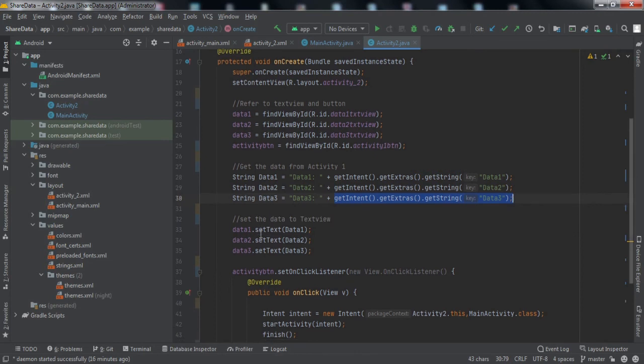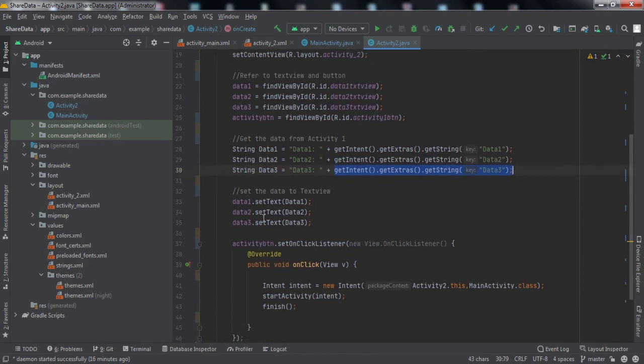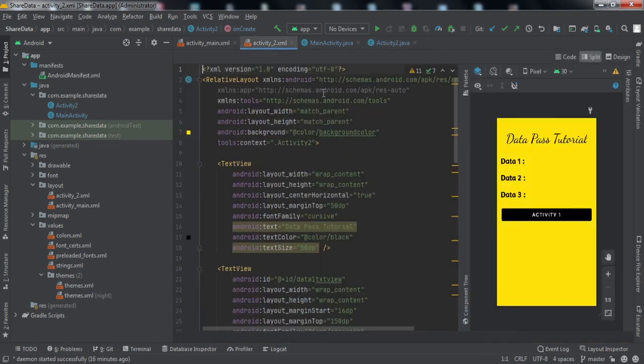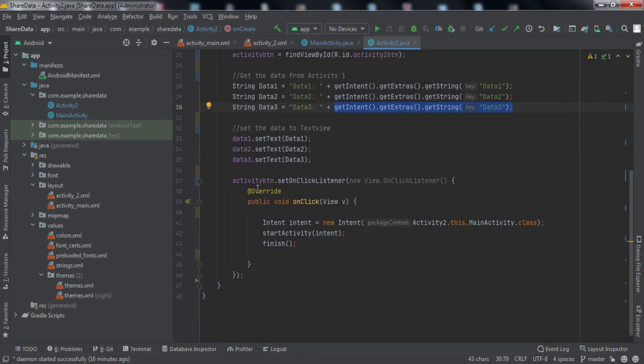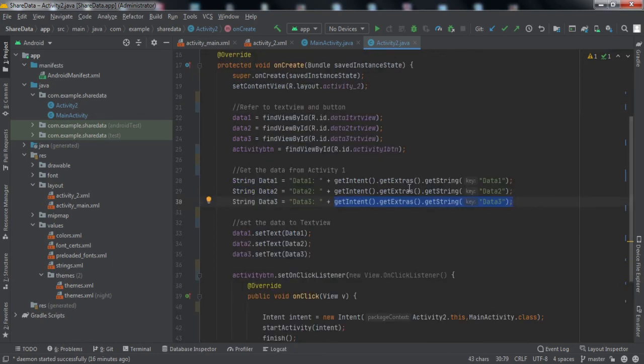Here I've set the text in these text views. Then this is just attaching the on click listener to the button to go back to the first activity. So this is the main code to get this data.